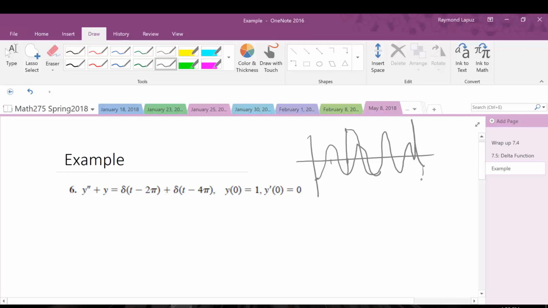I know the graph is rough, but there's some drastic change to the graph. It'll jump up or whatever, and then